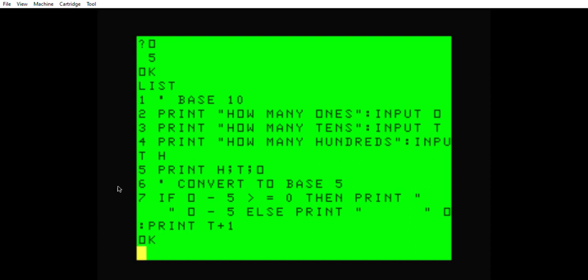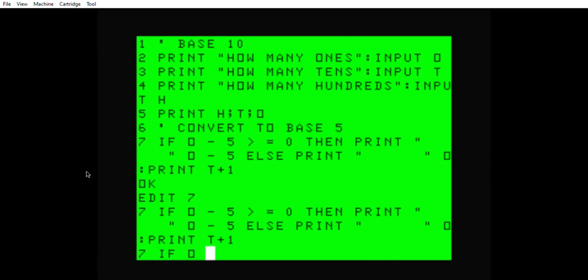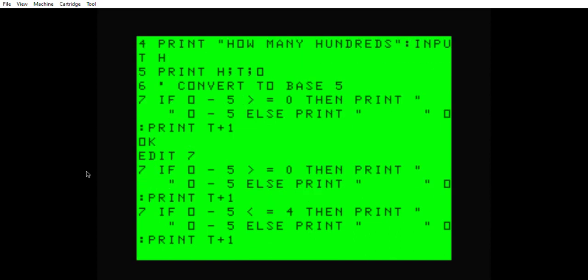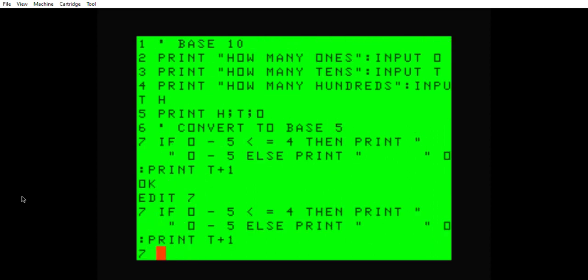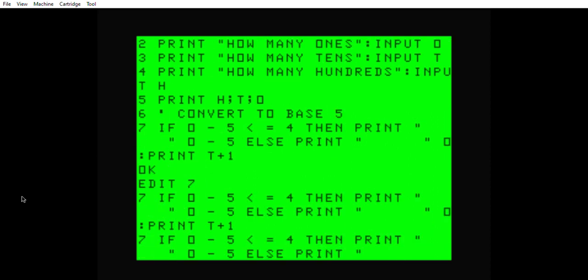We're going to have to change this. This isn't working right. Is less than or equal to 4. Now that should fix it. Then we're going to print that. Alright, then we're going to have to change this. Else print